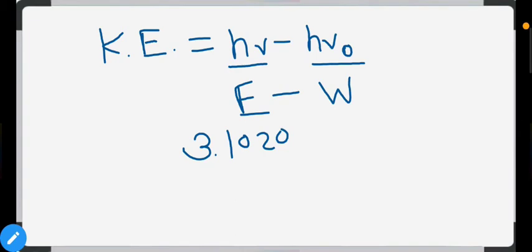Work function means the minimum amount of energy required to eject an electron from the given metal. As mentioned in the question, the work function of the metal is 2.13. So the kinetic energy of the electron in electron volt will be